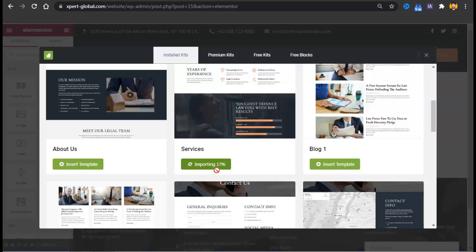Let me just tell you, the blocks are the same. All the pages are built with the same blocks, so you just have to apply the same steps and tips to edit things. The process is the same, so I'll edit the services page and then move on to the blog. I'll not edit contact and other pages because the process is the same, and you can do the same with the other pages. It's taking a lot of time to get imported.